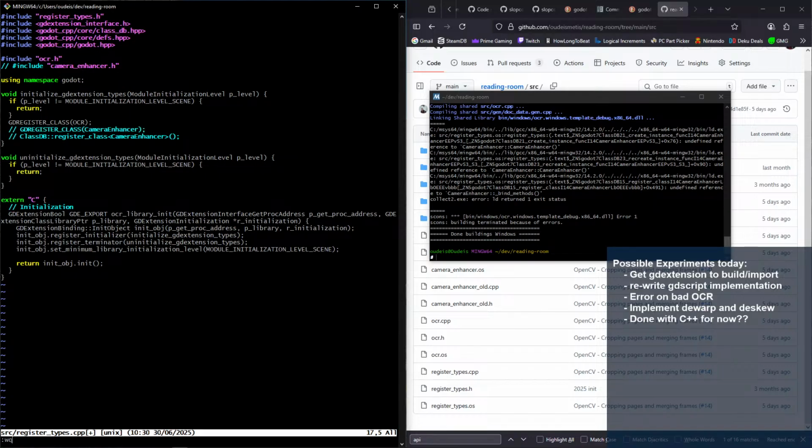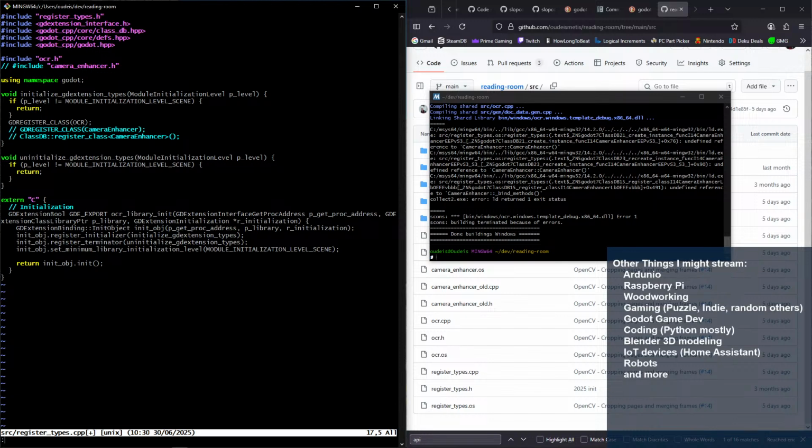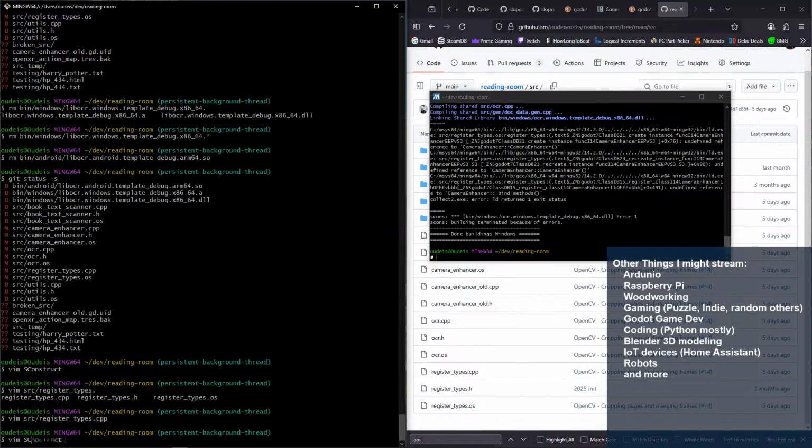Camera enhancer I actually had in there for a bit. Oh. Well, you know, camera enhancer was in fact working. So let's undo that. And let's do S construct file.